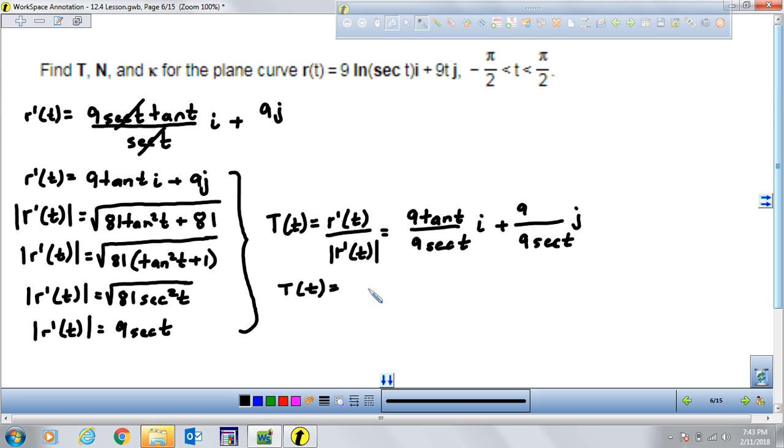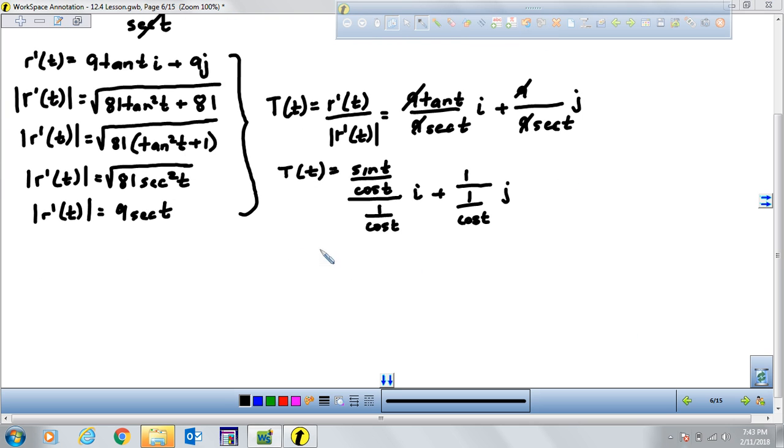the unit tangent vector, can still be reduced, because tangent is sine over cosine and secant is 1 over cosine. So 9 can be reduced right here, and tangent, like I said, is sine of t divided by cosine of t, and secant is 1 over cosine of t. Then plus, right here secant of t is the same thing as the 9. It's going to give me 1 on the top over 1. And secant is 1 over cosine, so that's going to be the same as 1 over cosine of t, j. So my unit tangent vector is going to be,